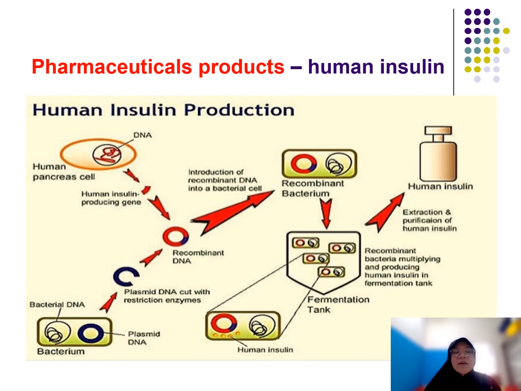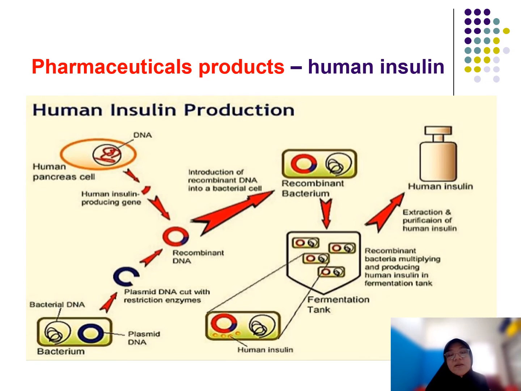Other than gene therapy that is for medical purpose, for pharmaceutical product is that it help in production of human insulin. Okay, the recombinant DNA, okay, from pancreas cells, okay, di mana from pancreas cell tadi dia ada insulin producing gene. Dia akan extract this gene of interest, okay, bind with the plasmid from bacteria producing recombinant DNA, inserted inside